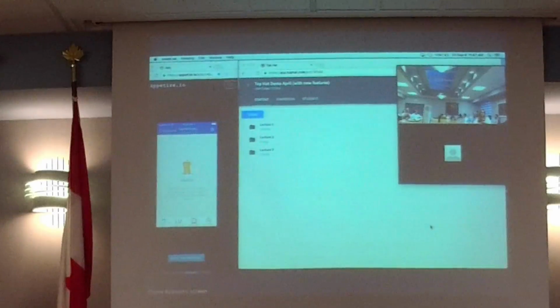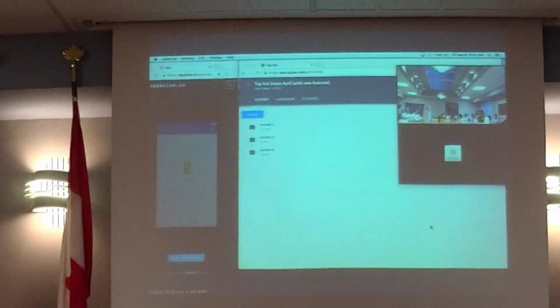So really, Top Hat was just created to help students actively engage within the classroom. We know that current students expect an interactive classroom that's both easily accessible and cost-effective, which is why we've decided to have students use their own devices. So laptops, tablets, any type of smartphone, or simple flip phone, students can access Top Hat that way. Our goal is to help profs easily reach the modern student, using technology as a bridge to help shift the bell curve to the right and help students do better inside the classroom.